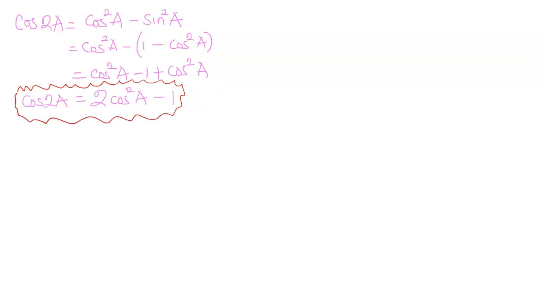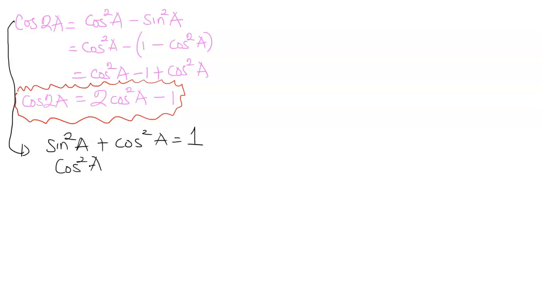Of course, I can choose to leave my answer in terms of sine squared A. So already we know that cos 2A equals cos squared A minus sine squared A. And since sine squared A plus cos squared A equals 1, I can also make cos squared A the subject, and this is going to be 1 minus sine squared A. So if I fix it into this equation right here, cos 2A